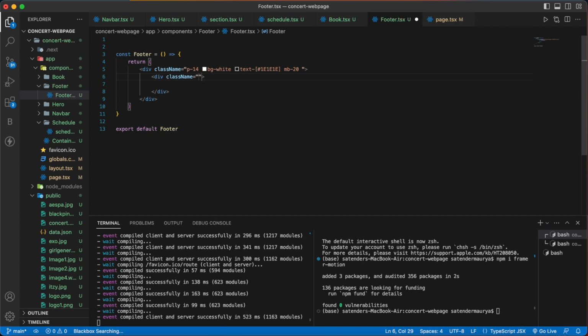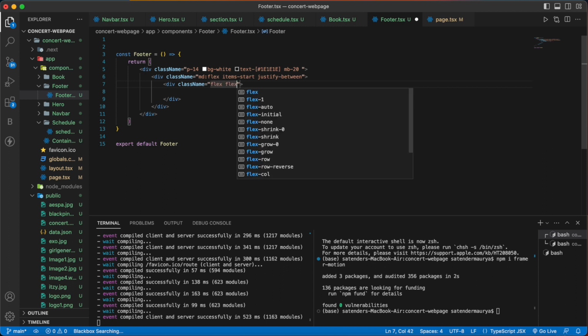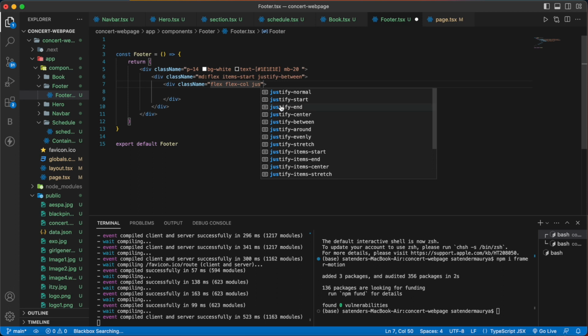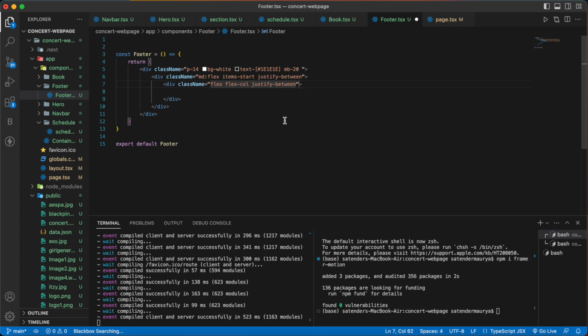Inside that we'll have a class name of md:flex items-start and then justify-between. And after that, inside this div, let's have one more div with the class name of flex-col and justify-between, max-md